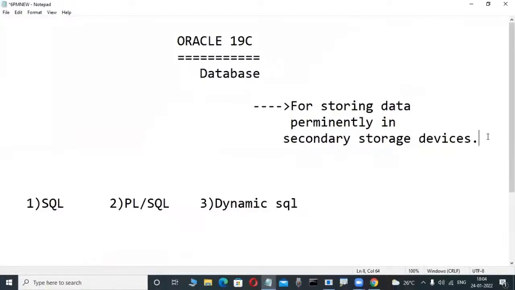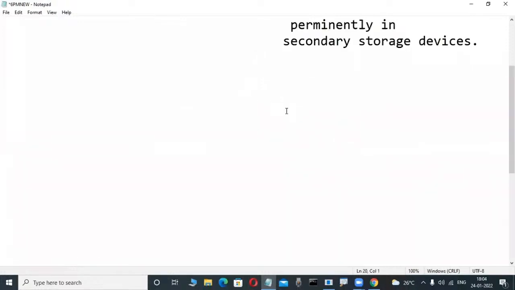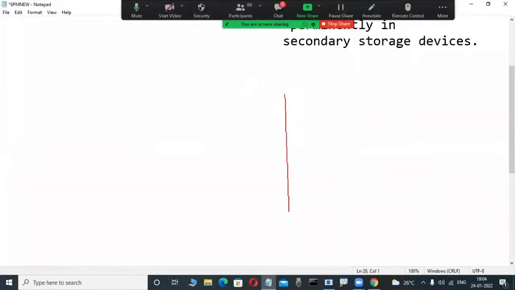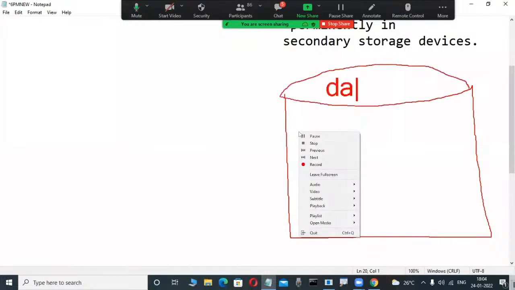But unfortunately, what I'm telling in previous classes, observe slowly here, database means it is a place. Whenever we install Oracle, SQL Server, DB2, these types of databases in our system, automatically one place is created. That is called a database. But unfortunately, these types of databases